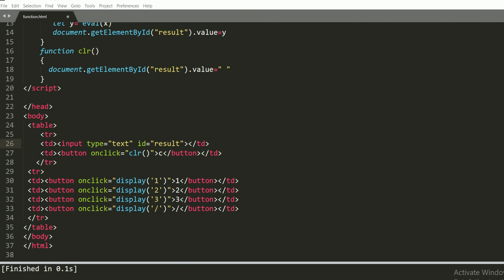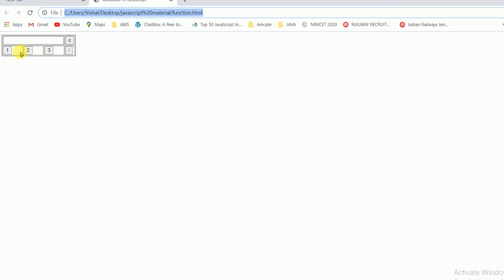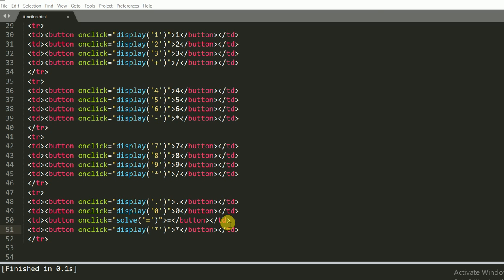So here I am using border 1 and colspan 3. So we will get something that looks like a calculator. In that I put all the values like 4, 5, 6, multiplication, subtraction and all the numbers.